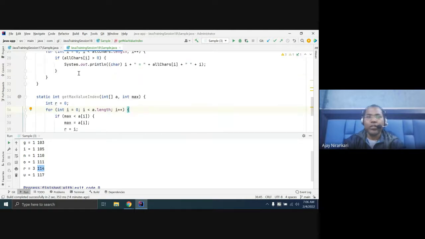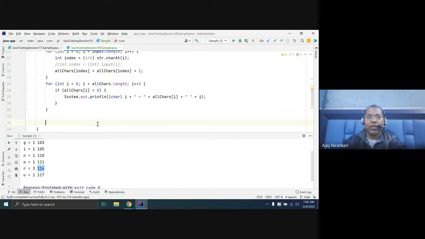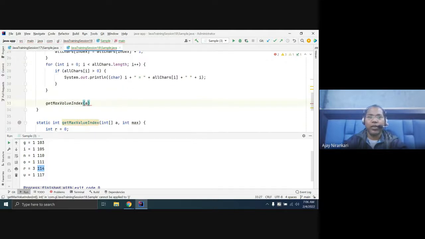So let's just invoke this method and check what it returns. Here we pass our whole array. Let us assume int max. Let's assume the first position is the max, as usual.